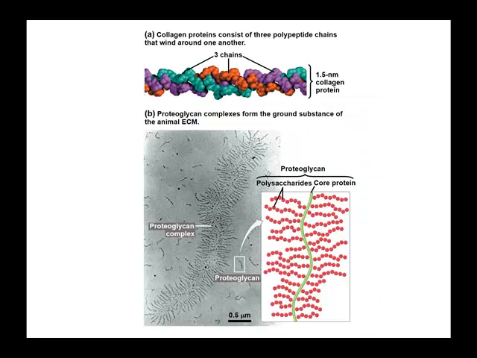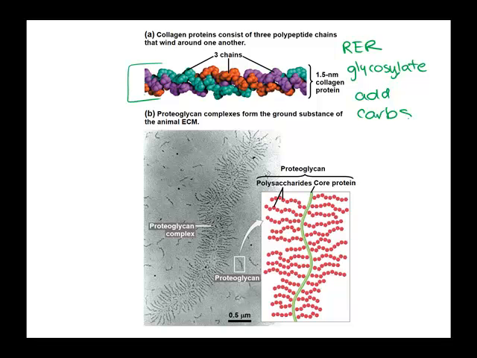Here's what some of these collagen fibers look like. So right here, this is a partial collagen fiber. It's a long fibrous protein. And what we do to that collagen fiber, when the collagen protein's in the rough ER, is, remember what we do in the rough ER? We glycosylate. When we glycosylate, we add carbs. We add a long carbohydrate chain,